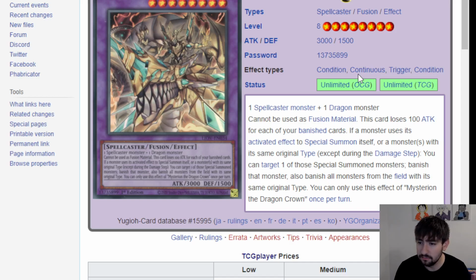Let's see. If a monster uses an activated effect to special summon itself, or a monster with its same original type, you can target one of those special summoned monsters and banish that monster. Also banish all monsters on the field with its same original type. So kind of a weird interruption effect. It's kind of specific, but it is still a 3k beater, and it easily